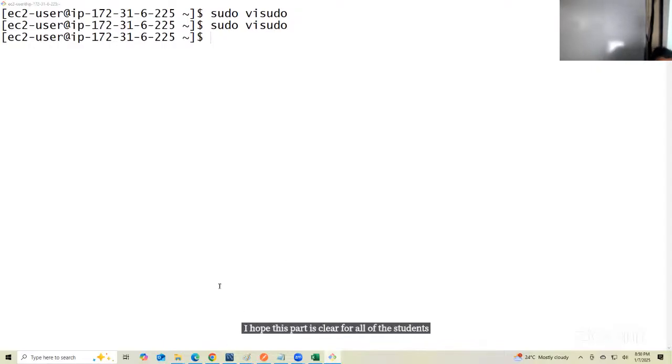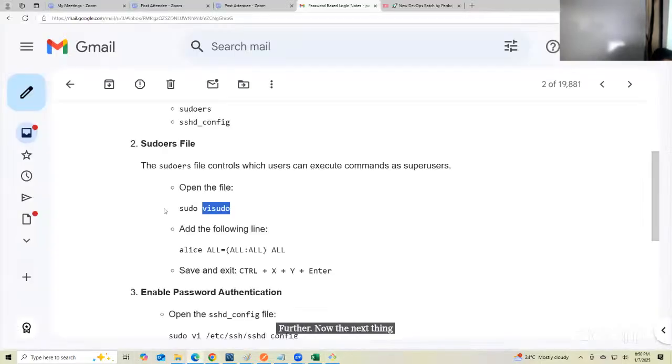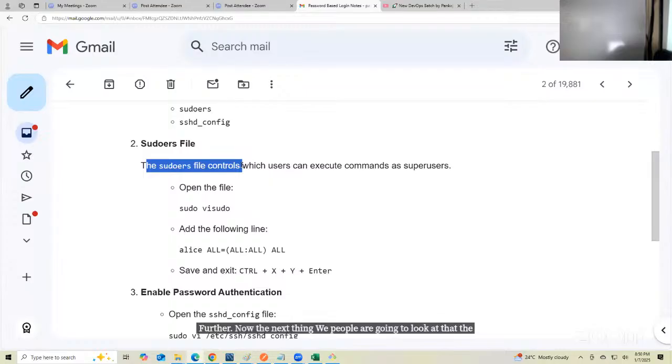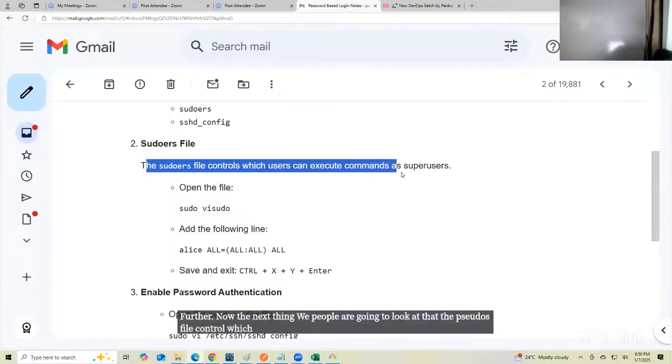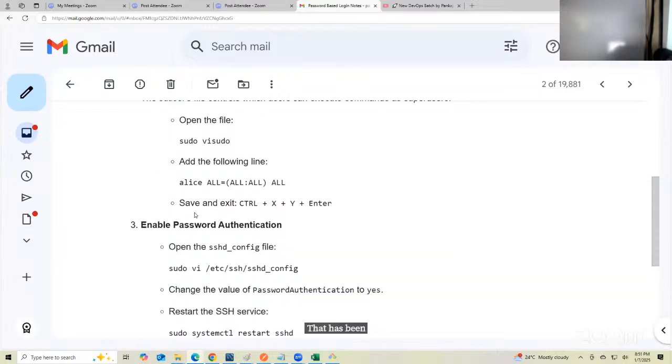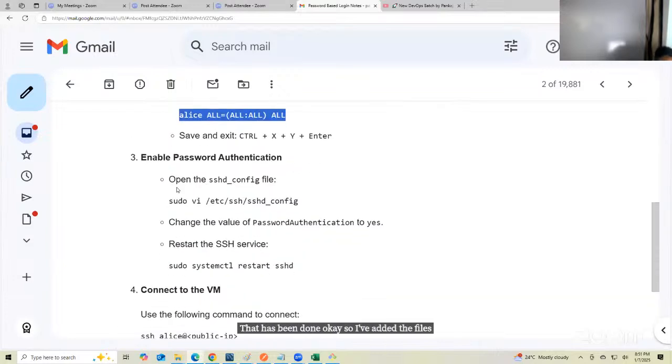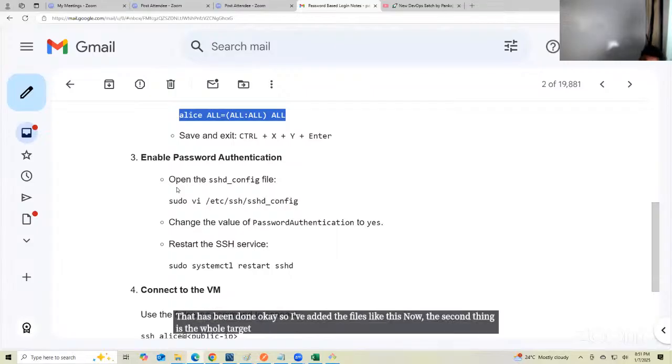Now, let's move ahead further. The next thing we are going to look at is that the sudoers file controls which users can execute commands as super users. That has been done, so I've added the users like this. Now, the whole target here was making the user an admin user, so that he can run those